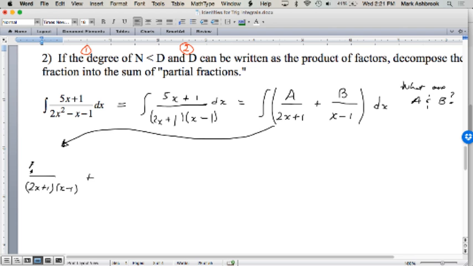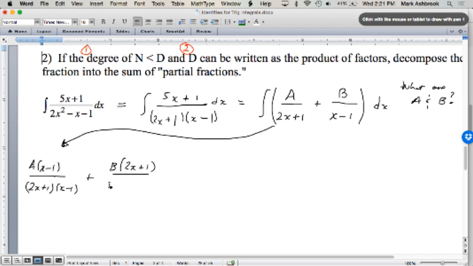So hopefully you're thinking x minus 1 over x minus 1. And then b times 2x plus 1 over? Yeah. So in future examples, there are some steps we can skip here, but on the first one I want to just do it really explicitly, okay? But in the future, we can do half as many steps. All right, so